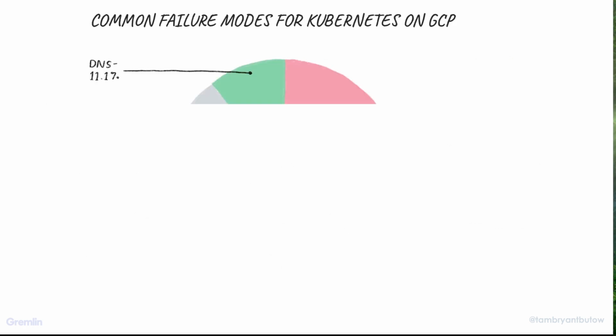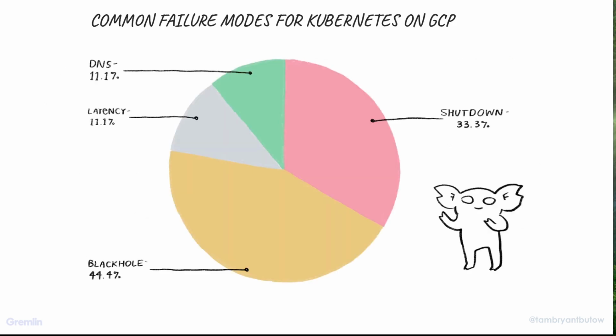Alrighty. So now let's look at the common failure modes for Kubernetes on GCP. This is really different, right? It looks super different to our AWS graph. You can see here the most common is black hole. So when things are unavailable, when they just disappear for a few seconds, for a few minutes. And then shutdown was the next most common. This is really different because with AWS, shutdown was a tiny percent, less than 10%, but here it's 33.3%, latency 11%, and DNS also around 11%. So those are some different types of failure modes that you should think about when you're using Kubernetes on GCP,